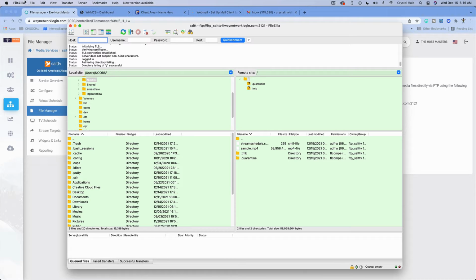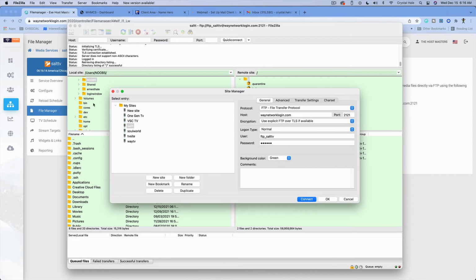Alright guys, just to update you, make sure that your FileZilla is set with your new credentials. When you open FileZilla, you can just click on whatever site it is. I need to rename this. Okay. And once I have named it over here, then you're going to go into your general settings and you